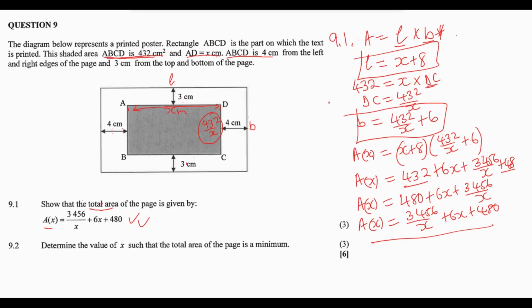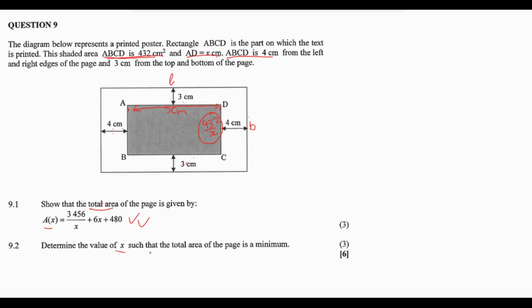Let's do 9.2. Determine the value of x such that the total area of the page is minimum. We want the value of x, right? Without encouraging you to lose marks, when you get such a question, there's no need to leave out the whole question. Let's say you fail to do 9.1, use your answer or use this